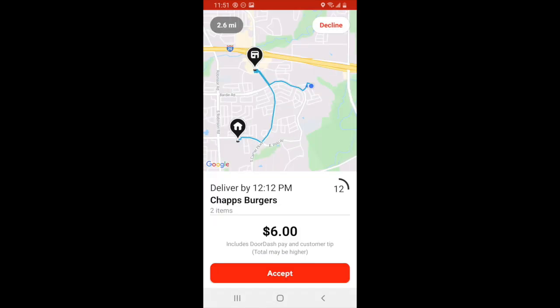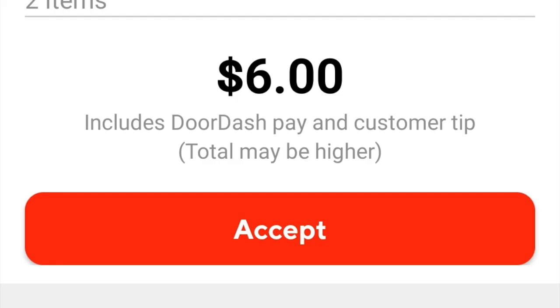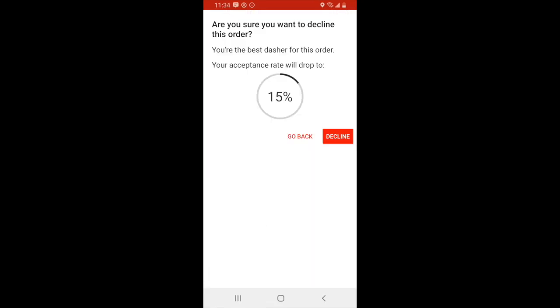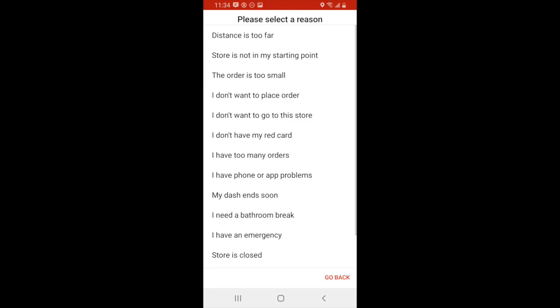Once you receive an order, DoorDash will show you the restaurant, where you'll be dropping off, the estimated amount, as well as the distance. It's important to know that the amount you see on the screen may not actually be the total amount based on that order. At any time, you can choose to decline an order. If you do hit decline, DoorDash will confirm that you want to actually decline this order. From there, you can hit decline again, and they'll ask you a reason for why you declined this order. This is part of a feedback system so DoorDash can make further improvements to their app and also your driver